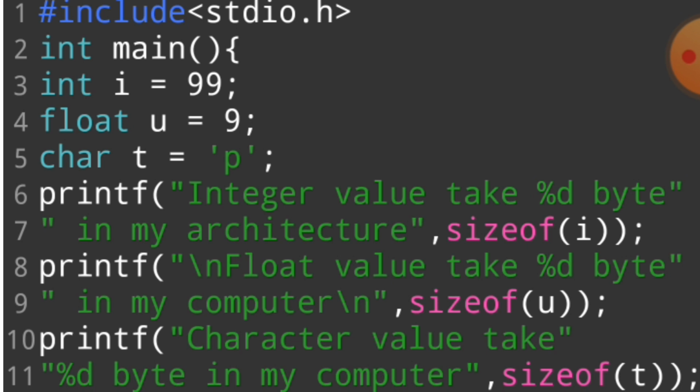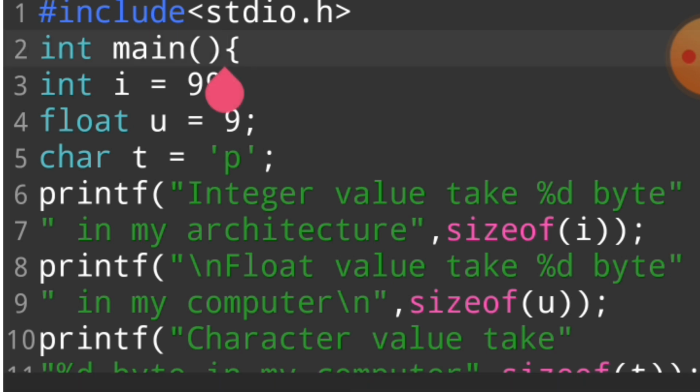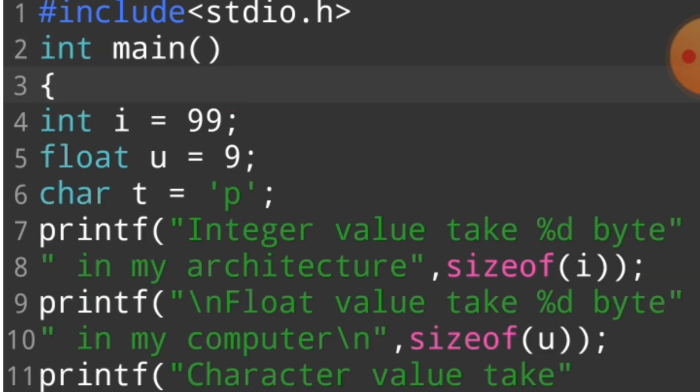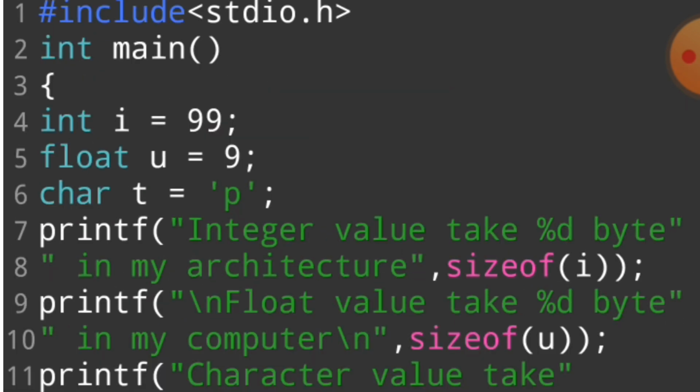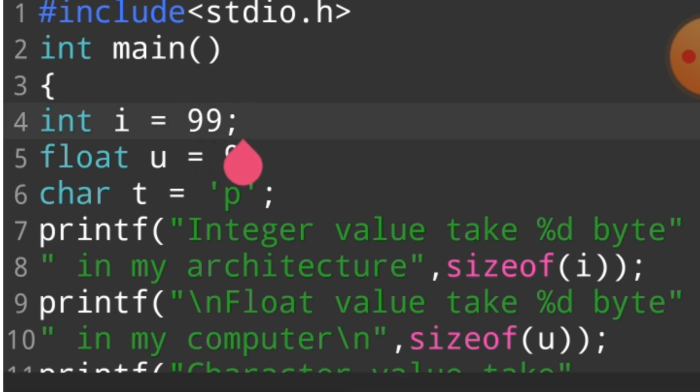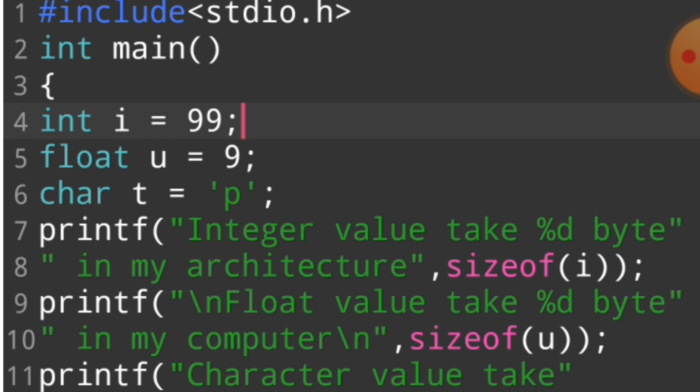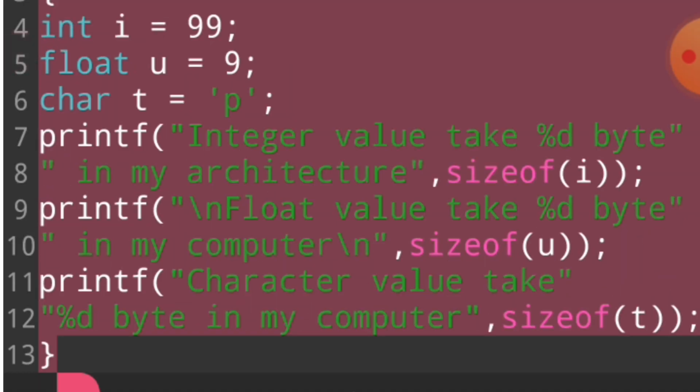But in most computers, for example in Turbo C, which is a very old compiler, the integer value does not take 4 bytes. So in different computers the size of an integer value is different. I hope you understand this topic very well and very easily. I select all the program and cut the program. I will teach you in another question.